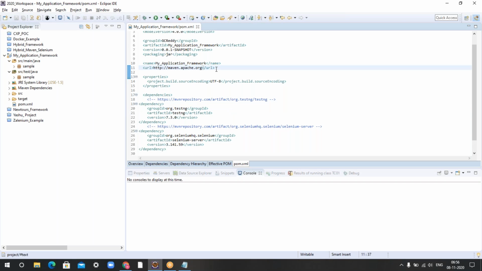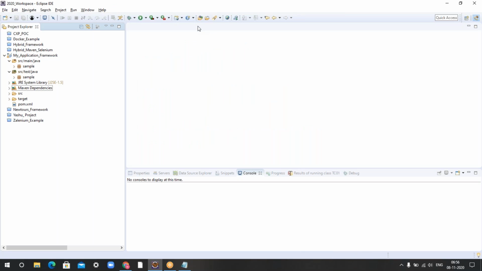Okay, so these two are the dependencies required for now. Later we'll add some more dependencies. I'll just close this pom.xml for the time being. As I told you, in our src main java folder, we will write the logic or any code related to the Selenium framework. Let me create a package. This sample package, which came by default, is not required. Let me delete this one